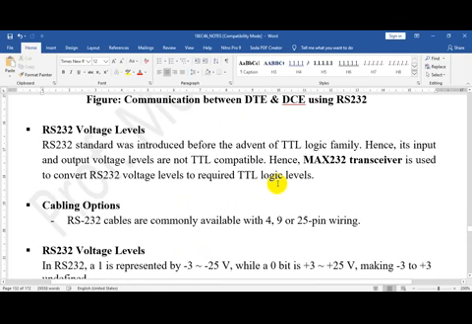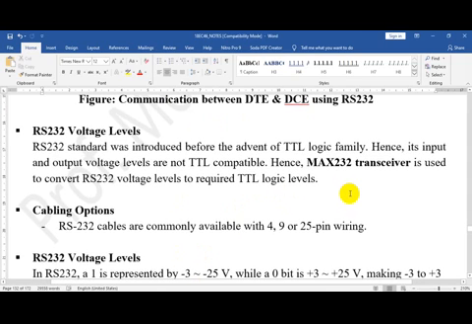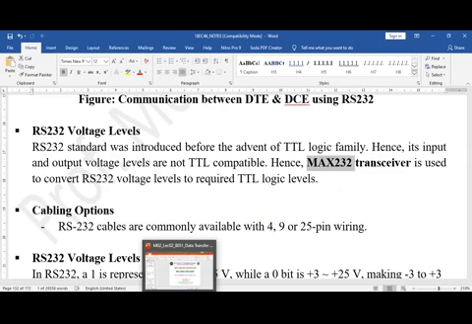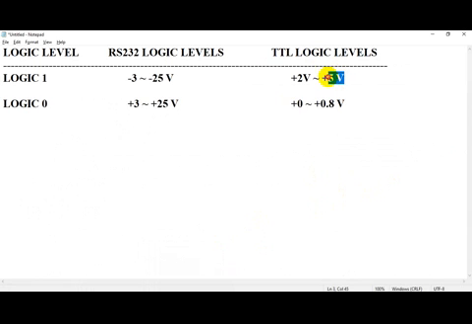Because of this incompatibility, to make them compatible, an IC called the MAX 232 transceiver was introduced. This MAX 232 transceiver converts the TTL logic level to the RS-232 logic level, and vice versa, it converts the RS-232 logic level to the TTL logic level.